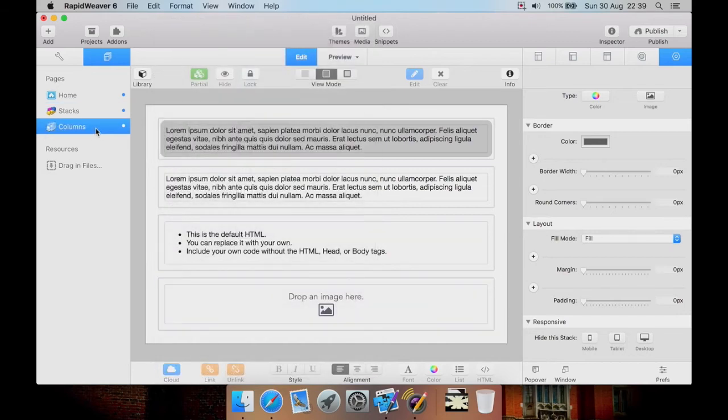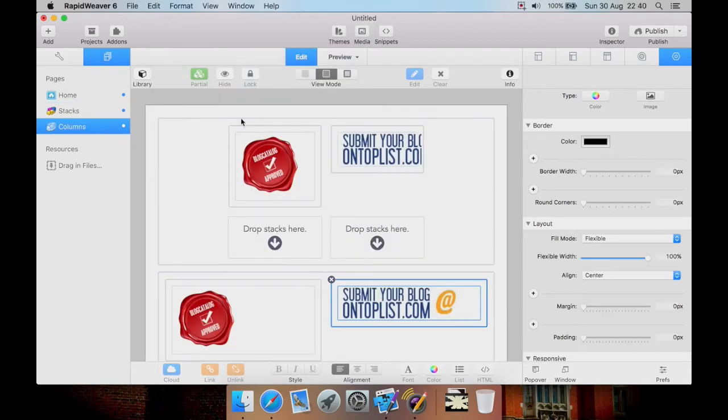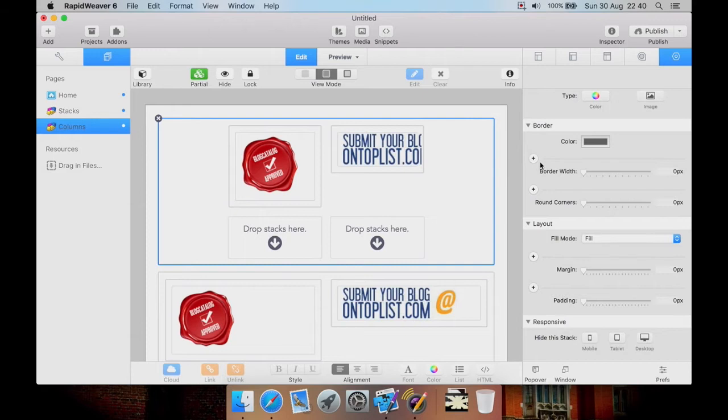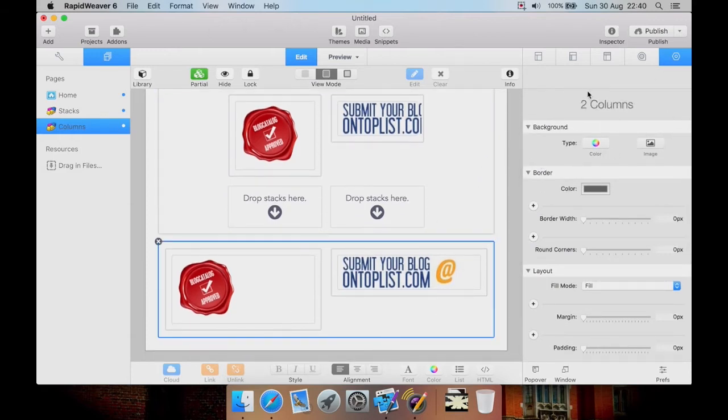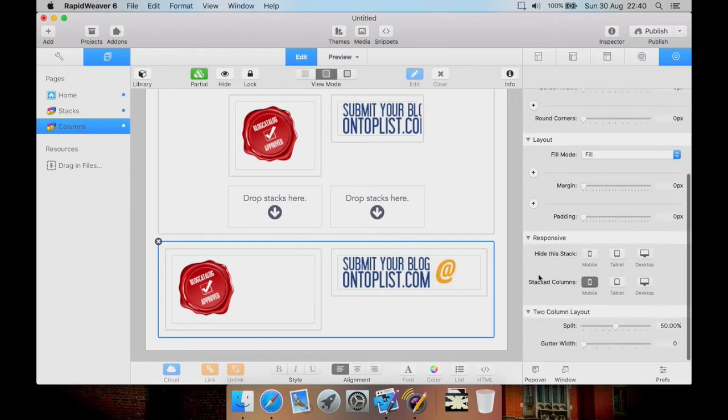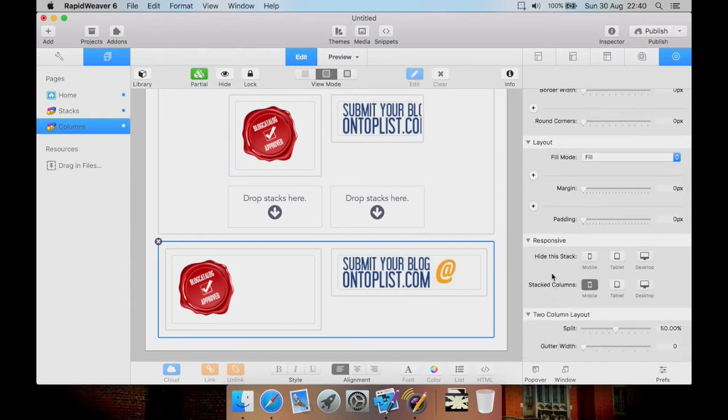Because let me demonstrate. Here's columns. Now, this one is using grid. Hold on a sec. This one here is using 2 columns in Stacks 3. As you can see, we have options here for hiding, like I showed you on images and the text, but we have stacked columns. Now, because we only have mobile phone text, what happens is if you're viewing this on